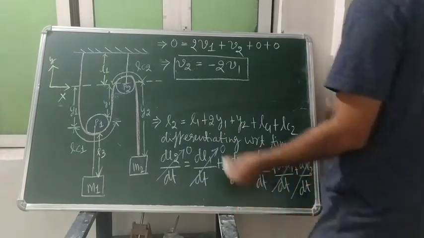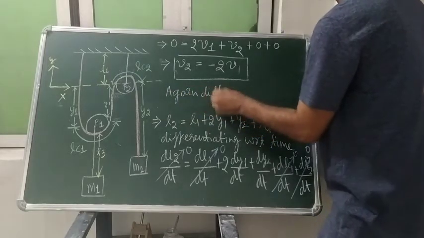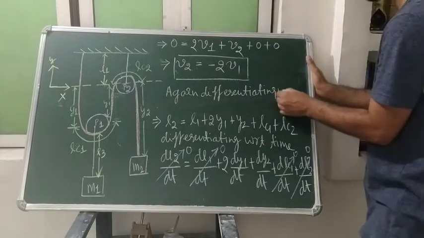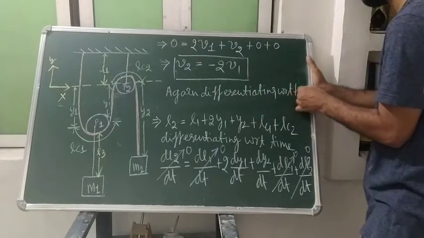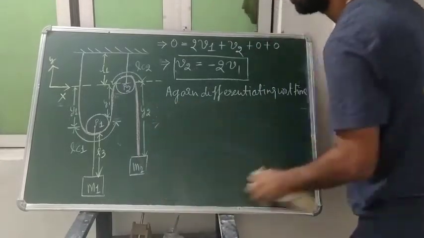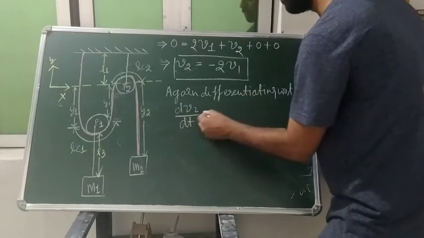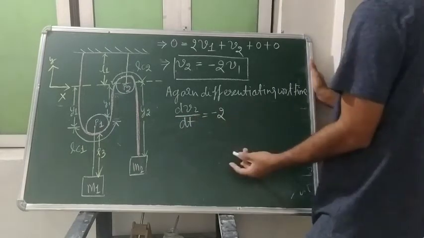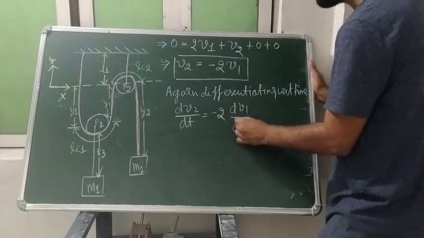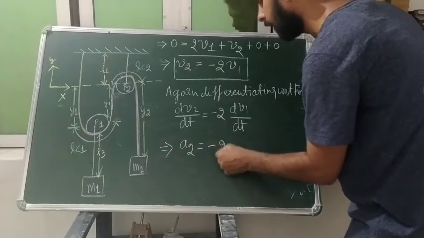Isn't it? And again differentiating with respect to time. Again differentiating with respect to time. What will you get, student? This del v2 upon del t will become minus 2. Numbers and signs you will take outside of the derivative, you will remember. And that will give us what? That a2 will be equal to what? Minus twice of